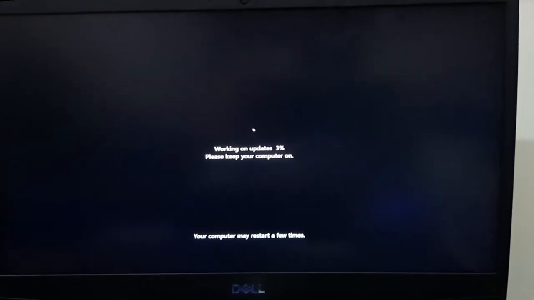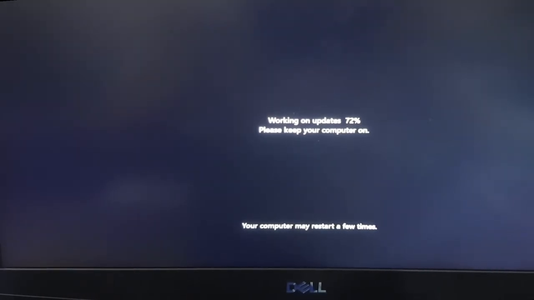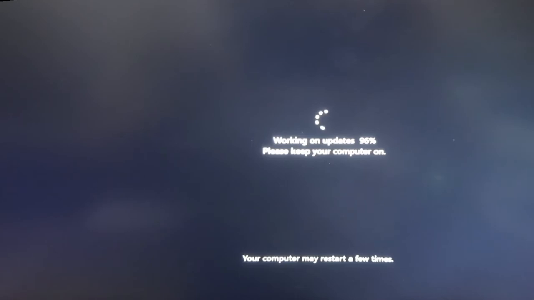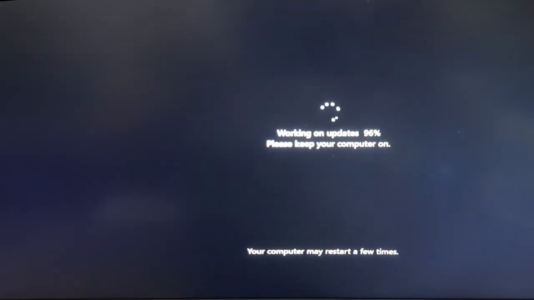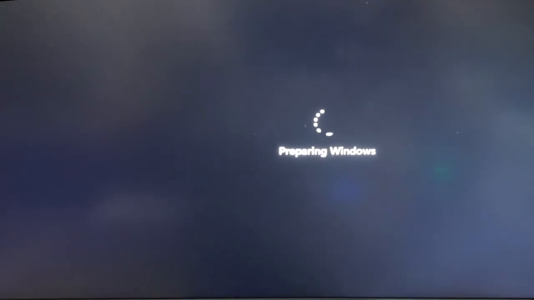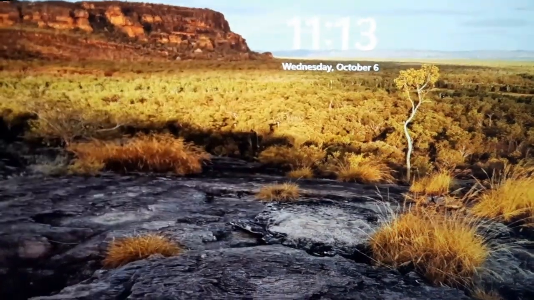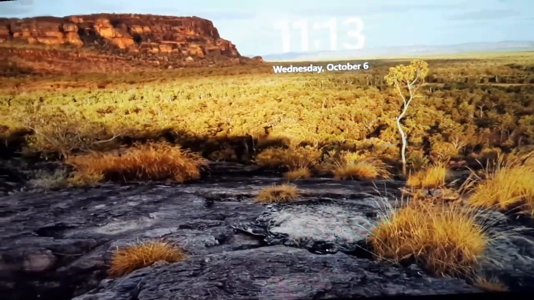This working on updates will also take some time. Preparing Windows. Everything is done now. Just log into your system. Password or PIN will be same as it was.